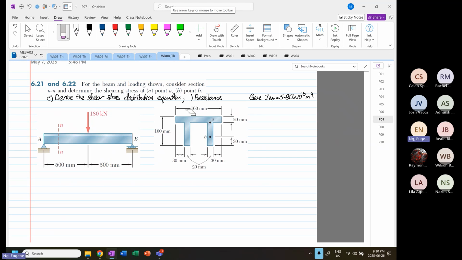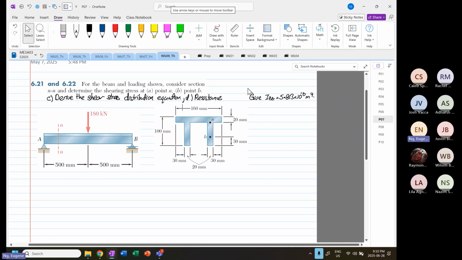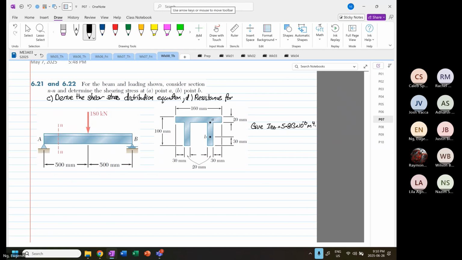And D, the resistance force for the flange and web. Okay, so that is what we are going to deal with. Okay, so now